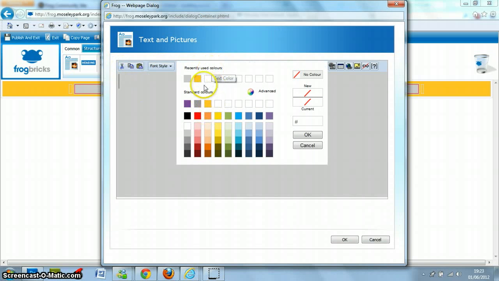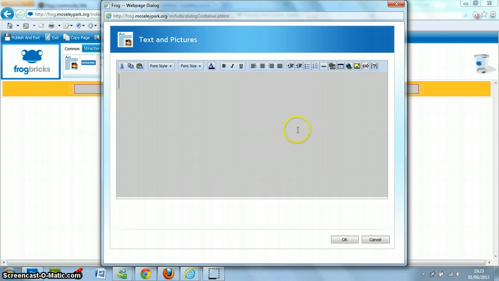You've got your font colour. This is going back to what we were talking about earlier. This grey here is the same grey used for the headings in the subject sites. So if you want to add a heading to your subject site, that's the colour to use, the grey between the purple and the yellow here. In this case I'm going to select this blue. Click OK. You've got the bold, italics and underline settings like you would have in Microsoft Word or any other